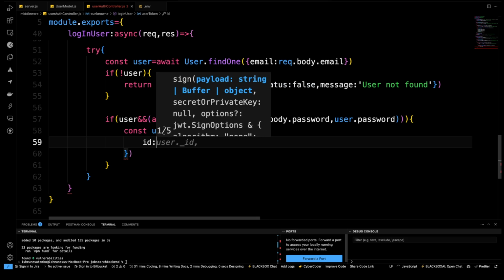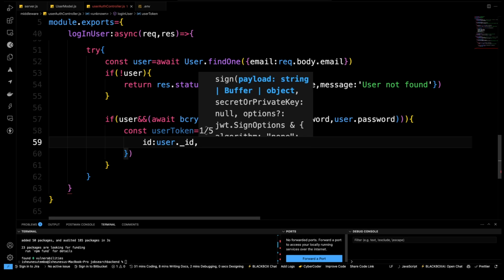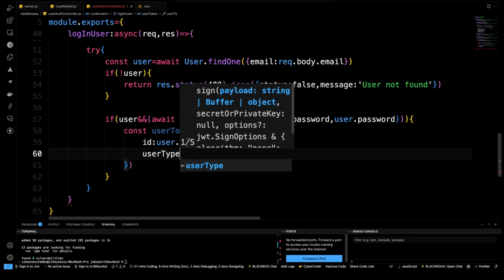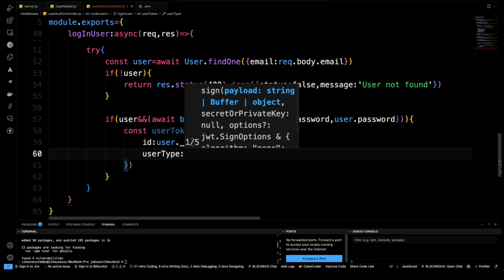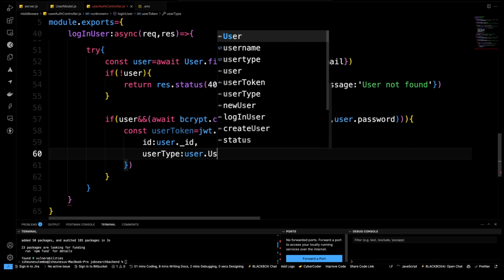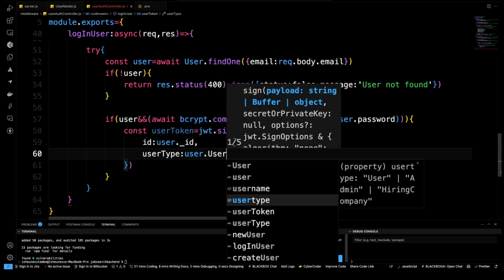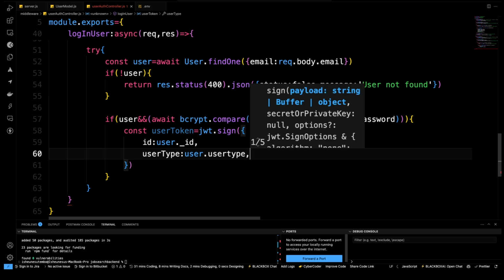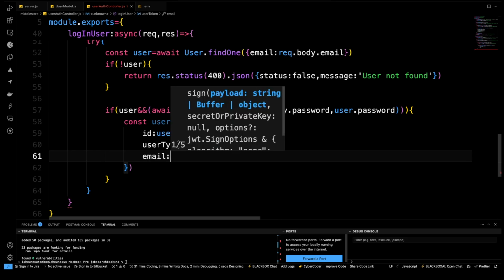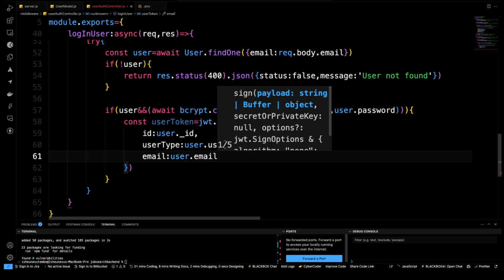If you still remember, this ID is going to be in the payload, right? So this is going to be payload, and then also user type, which is going to be user dot user type, and then email, which is going to be user dot email. Okay,